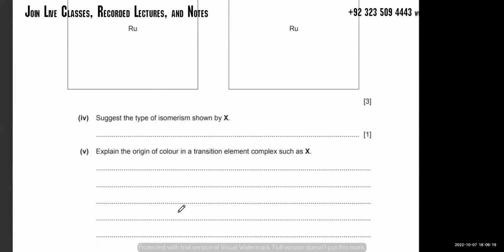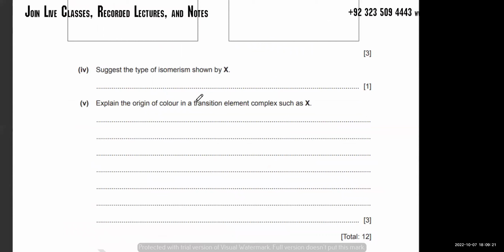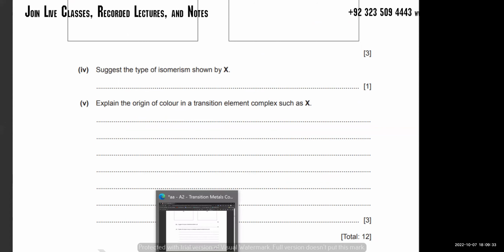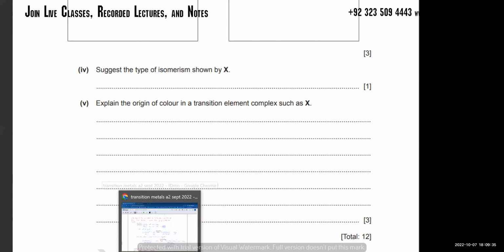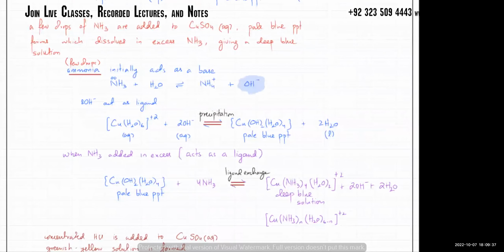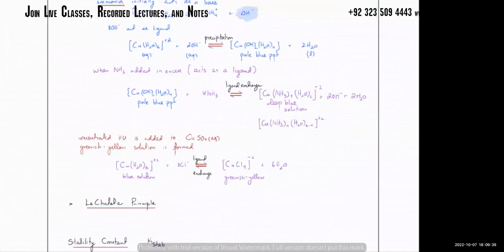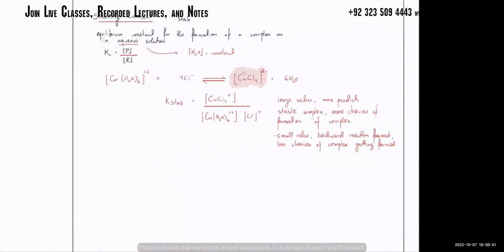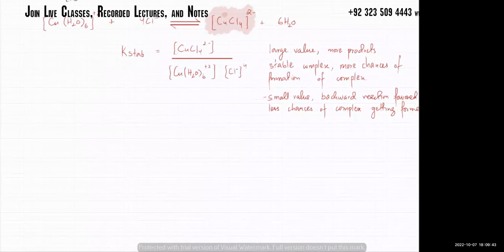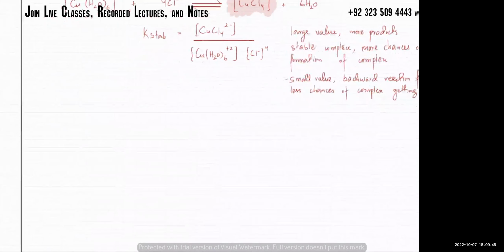Now we're going to talk about something that's slightly more difficult. We're going to learn something and they're going to ask you about it. What's the origin of color? Why are they colored? Why are transition metals colored? So that's the next thing. We've studied all these complexes, and the next thing that we're going to study is